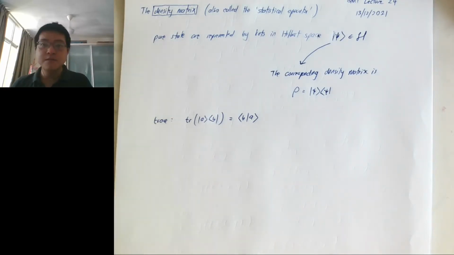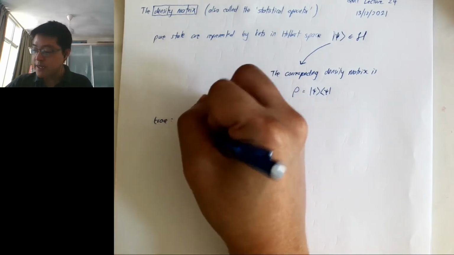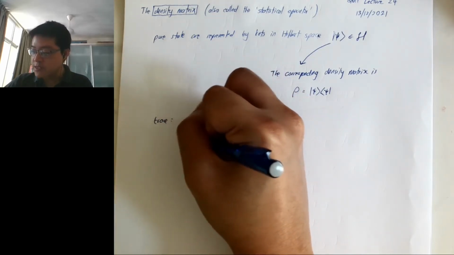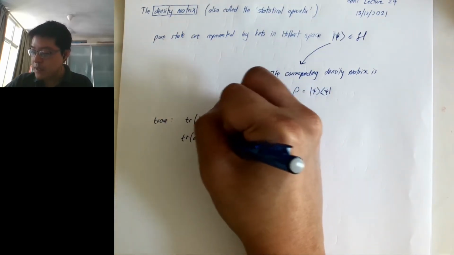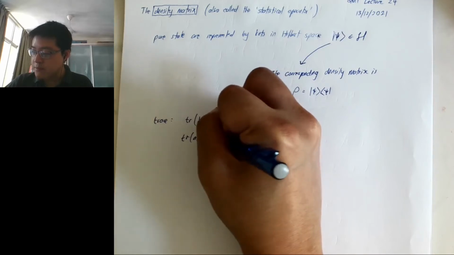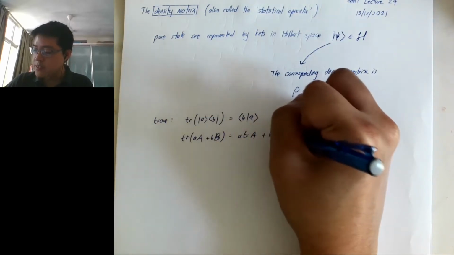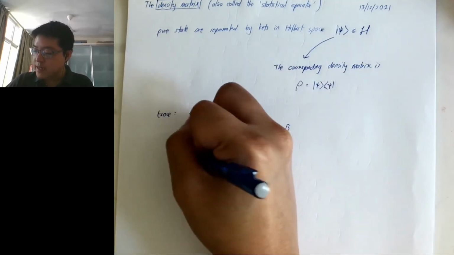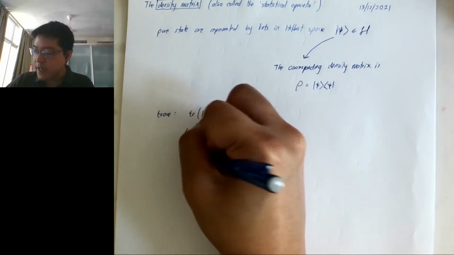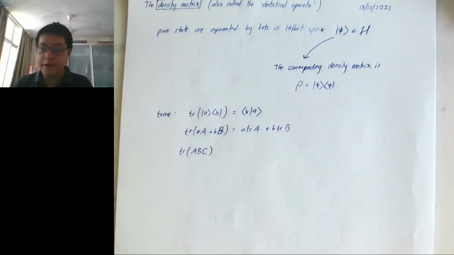And the trace property is linear. So the trace of A times an operator plus B times another operator is just A times the trace of the first plus B times the trace of the second. And then it has a cyclic property. That means if I have three operators multiplied together,